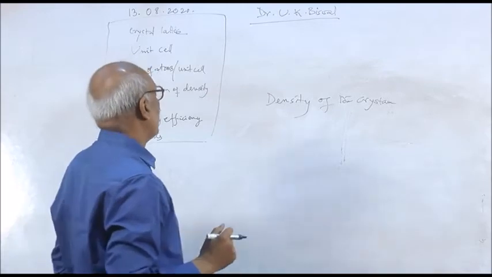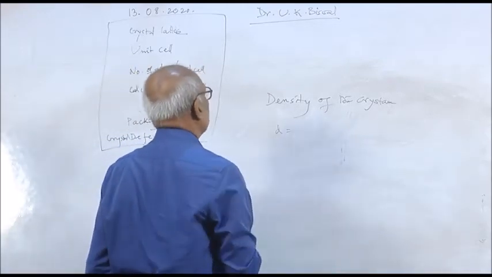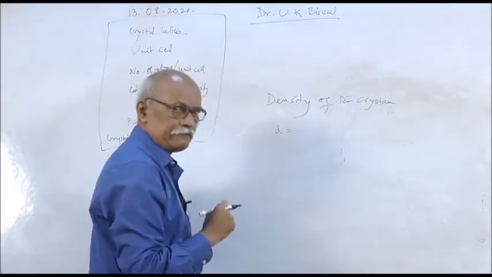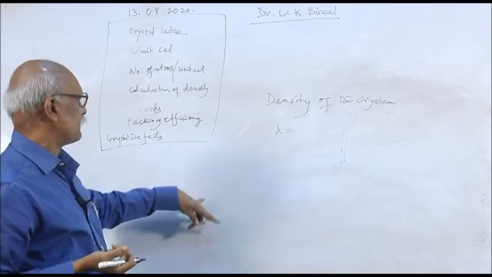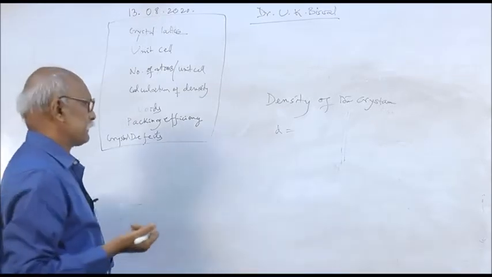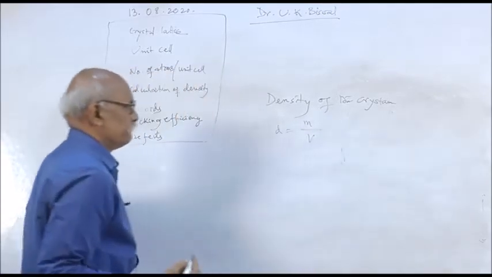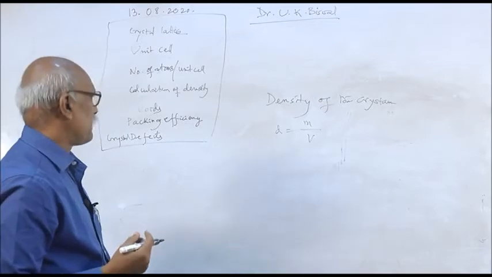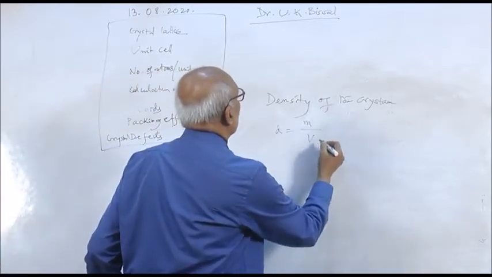Density, how to calculate the density? This is asked as a 2-mark question. Also, the general density calculation is 2 marks, and a problem may be asked as a 2-mark or 3-mark. So density, as you know, is mass by volume, grams per centimeter cube.